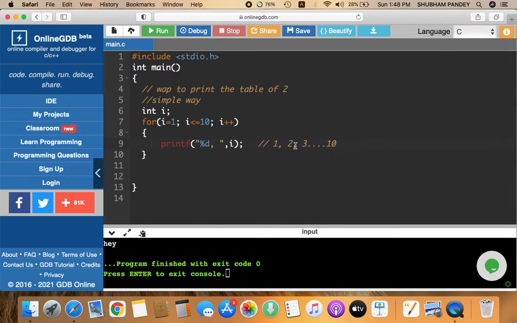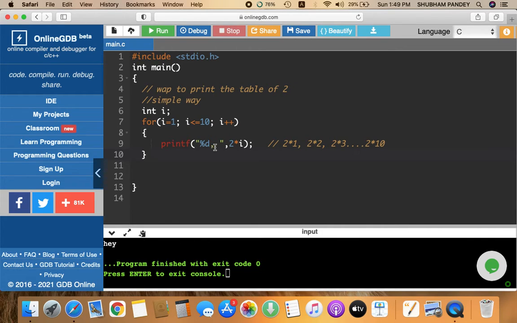Now what do I do? What is the table of 2? If I multiply these numbers with 2, then it is going to give us the result as a table of 2. Sorry, 2 into 3, and here 2 into 10. So 2, 4, 6, and similarly 20. So here you are going to get the table of 2, so you have to do nothing, just write here 2 with the multiplication symbol. Now if you run this code, then the table of 2 is going to be printed.